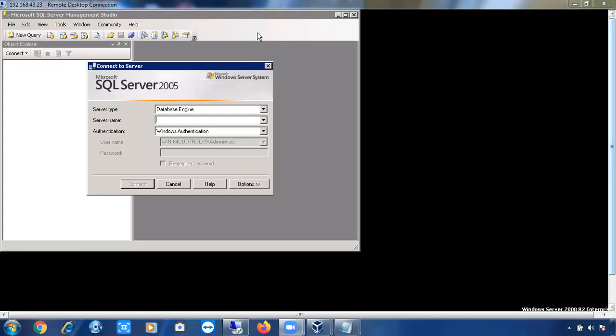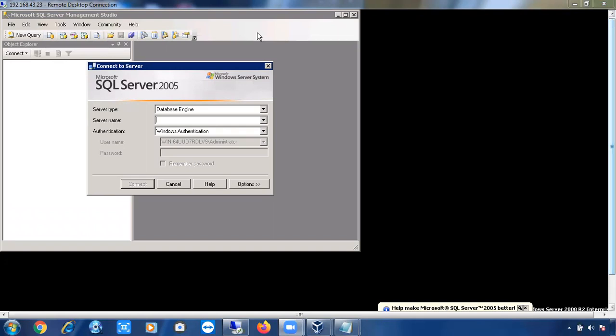So tomorrow I'll ask you what are the SQL Server versions. Why? Because if you have 3, 4, 5 years of experience and you don't know the versions of SQL Server, it will be difficult. There is no SQL Server 2003. There is no SQL Server 2012 R2. You can leave 97, no one is using 97 now. SQL Server 2000, 2005, 2008, 2008 R2, 2012, 2014, 2016, 2017, 2019. What are the Windows Server versions?